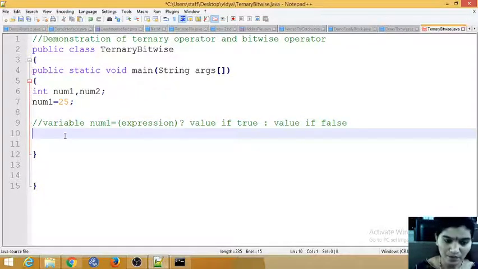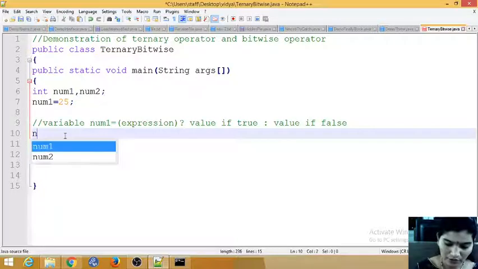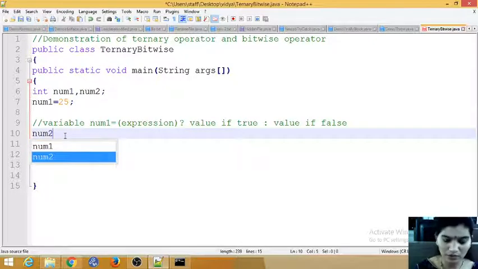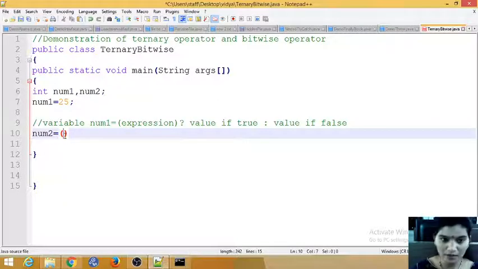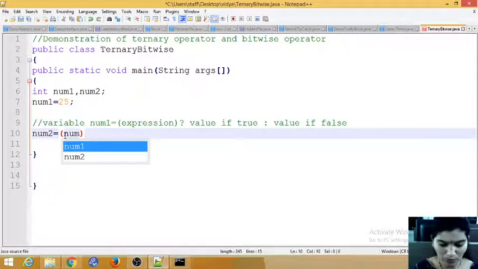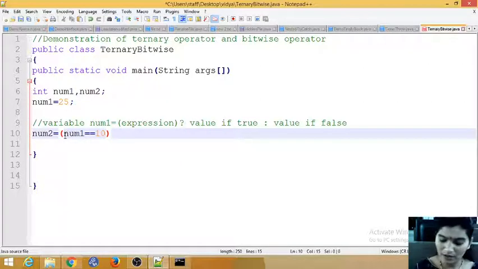Now the same for number 2, which I am using for storing data. In the expression I am checking whether number 1 is equal to 10. Then I want to display two values, 100 colon 200.